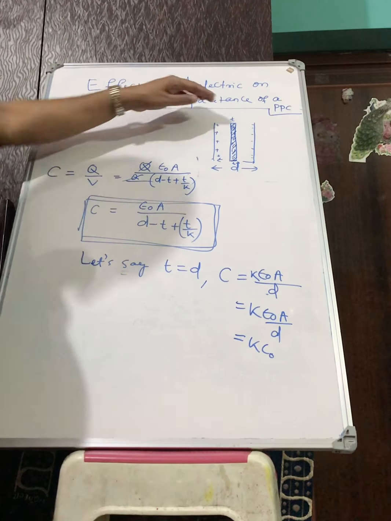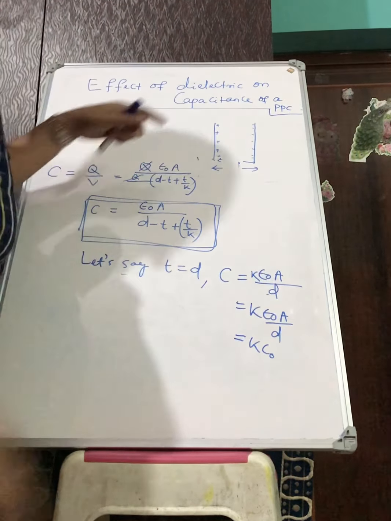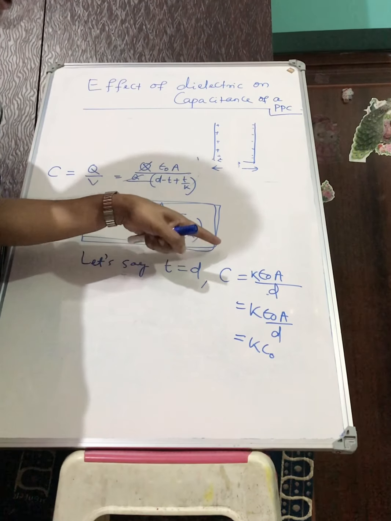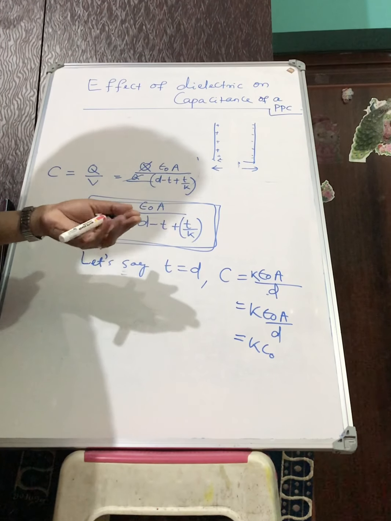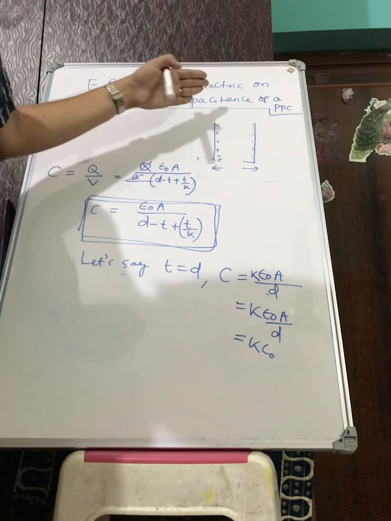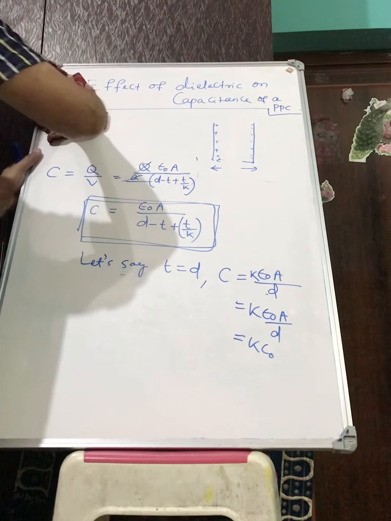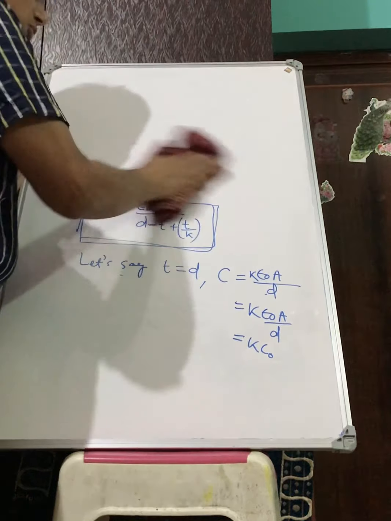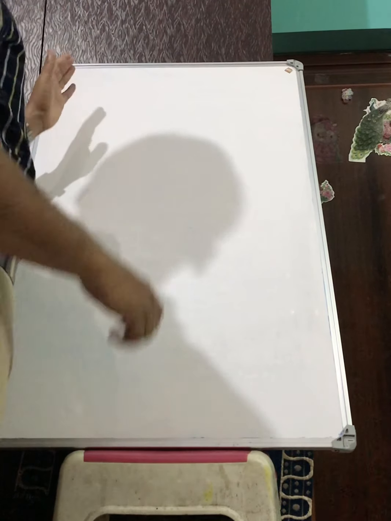That means whatever capacitance was there between the plates when there was vacuum or air in between, now it is increased by a factor K, where K is always greater than 1, because K equals 1 for air. So when we keep any other dielectric in between the plates, its capacitance increases. That is why in our daily life the capacitors we use have some dielectric in between the plates. Mostly we are using ceramic capacitors, paper capacitors, so to say, meaning between the plates there is a dielectric.